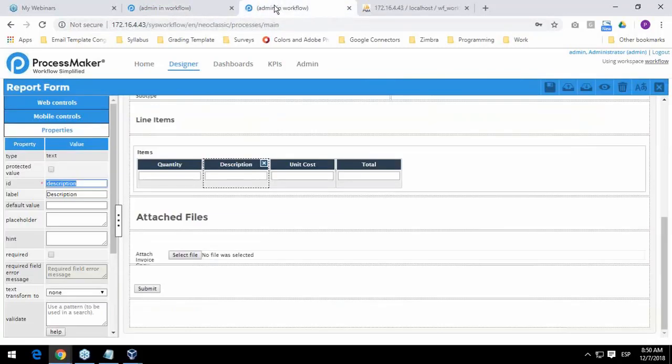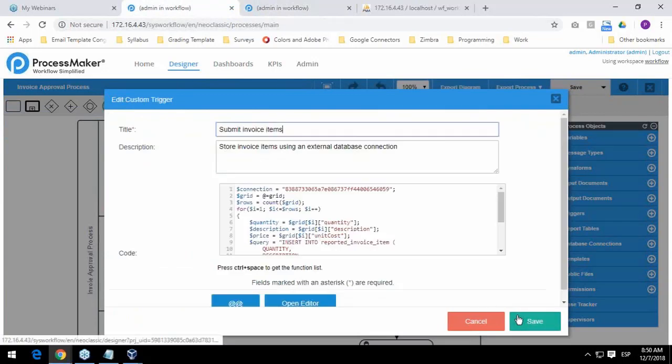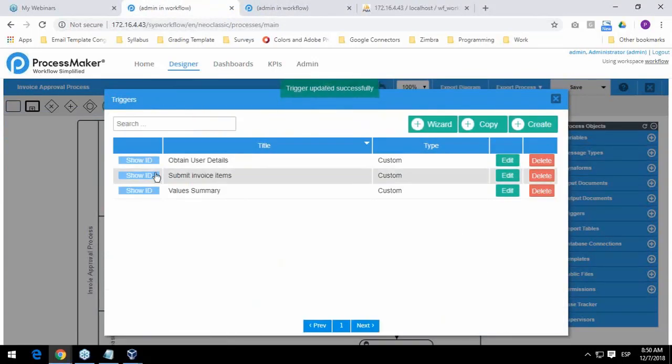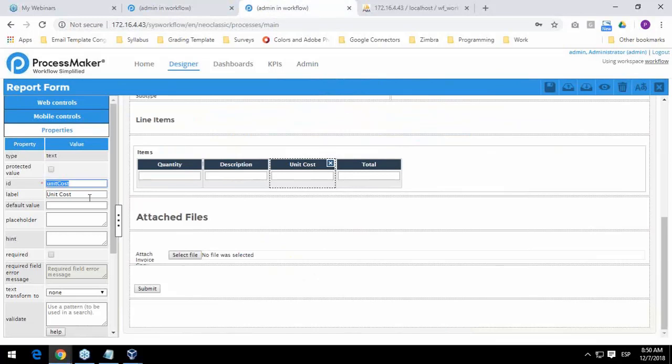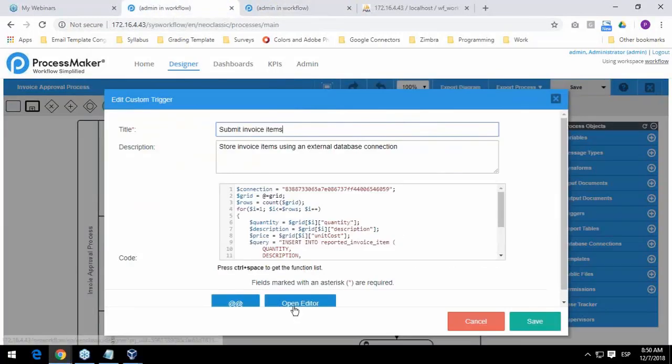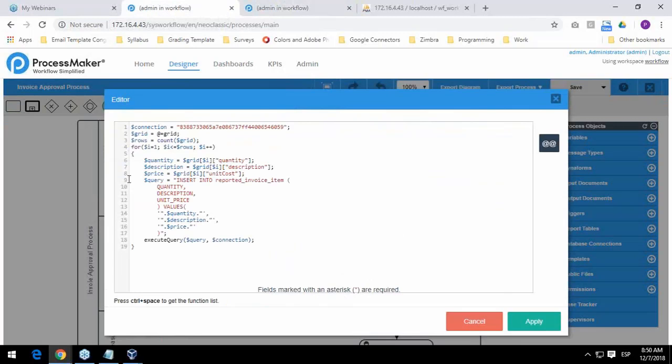Unit cost is going to be the same, and you need to work the ID here. Okay? Query. I'm going to apply this query and say insert into reported invoice items all of these,